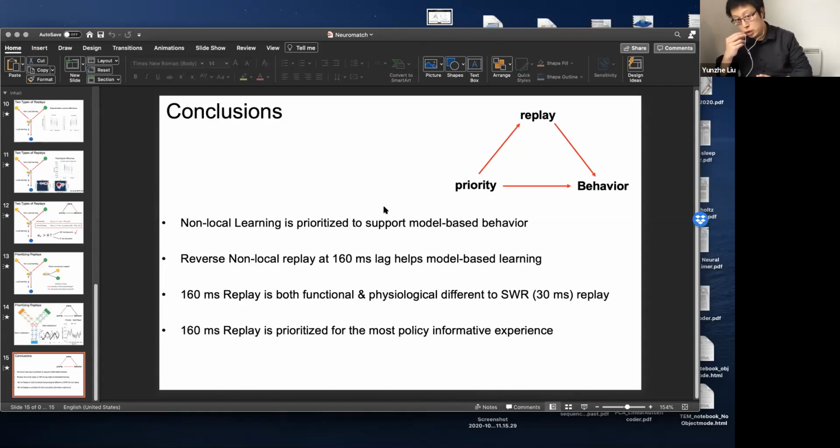This is a really good question. So this is a question that baffles us a lot. What Lawrence is trying to ask is, what is the correspondence of those human replay to the rodent one? And those 160 milliseconds are intriguing because 160 milliseconds indicates 6 hertz, right? So the speed is 6 hertz and is in the theta range.